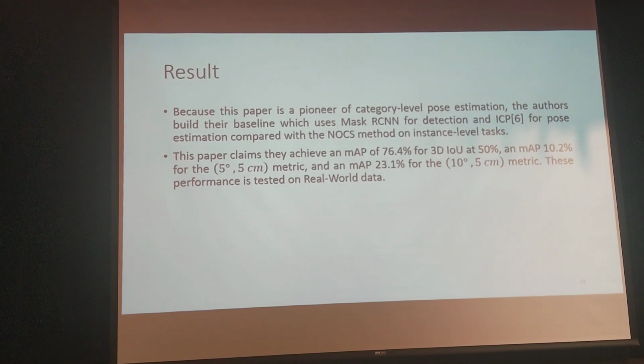Because this paper is a pioneer of category level pose estimation, the others built a baseline which uses Mask R-CNN for detection and ICP for pose estimation, compared with the NOCS method on instance level tasks. This paper claims they achieved a mAP of 76.4% for 3D IoU at 50%